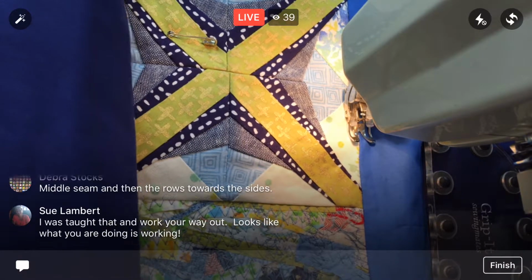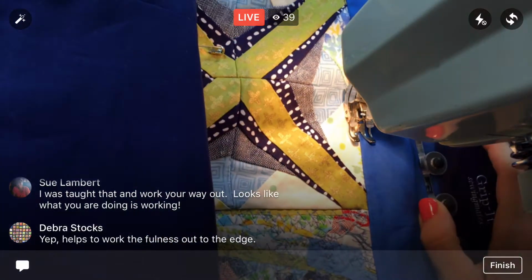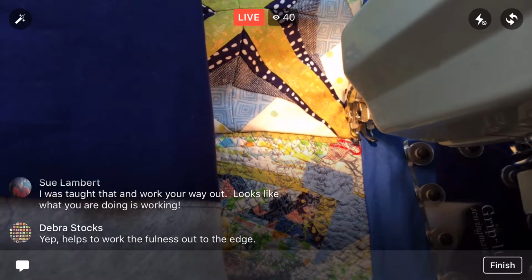I'm excited though. It feels like I'm getting somewhere. Helps with the fullness out to the edge. Okay, Deborah. We'll give that a go for the I Love Home thing. I have not picked fabric for that yet. So if you guys haven't